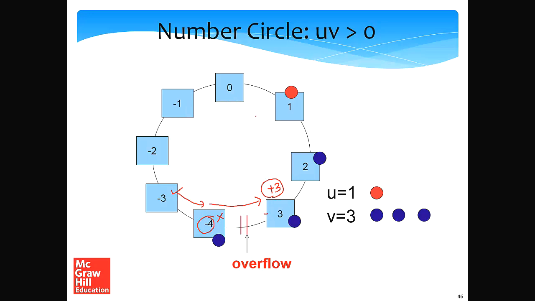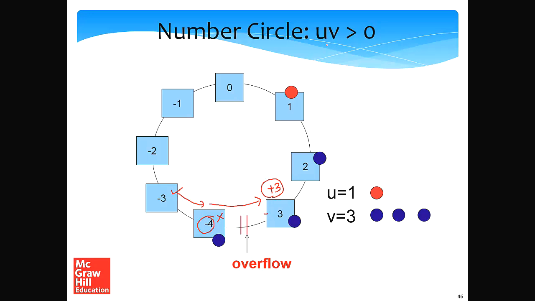This will never happen. The reason this will never happen is, my best case is that I start at, let's say, 3 and add 3. So one step, 2 and 3, so the result is still negative. And in the other case, I can start at minus 4 and add minus 4. In this case, one step, two step, 3 and 4, right, because I'm walking anti-clockwise now, the result is still non-negative.